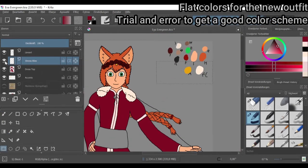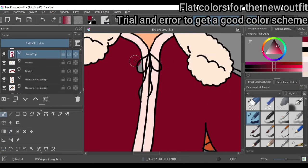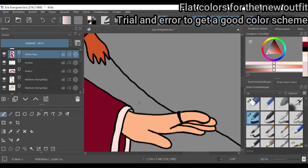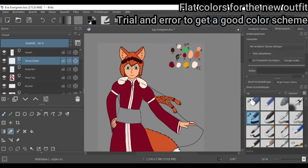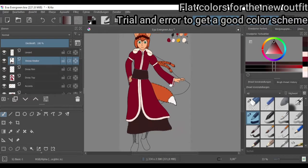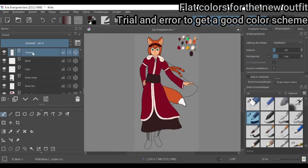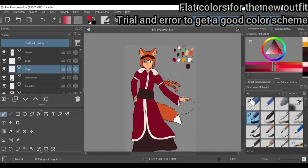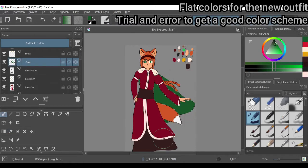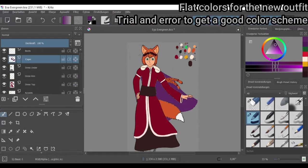It's a bit meh. Usually you have something for the hues and saturation. Yeah, but either I can't figure out how it works, or it's really weird. Ah, here comes the cape. Well, I never used Krita ever. I started with Paint,